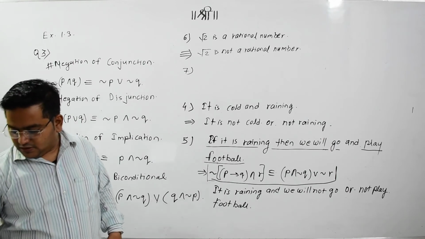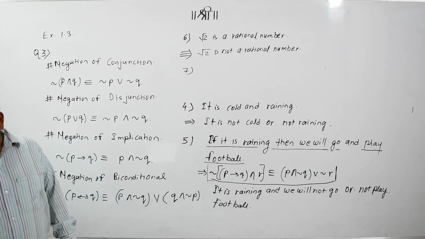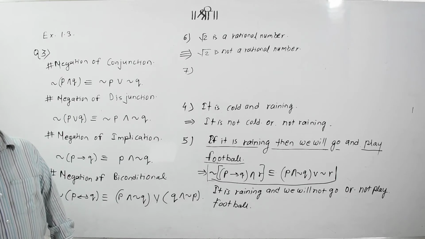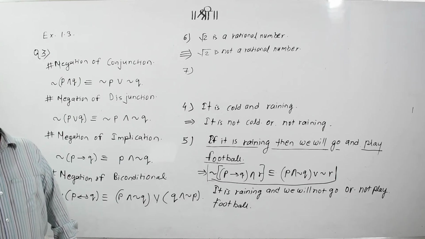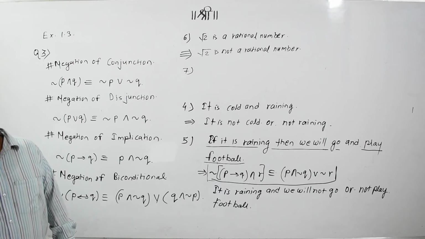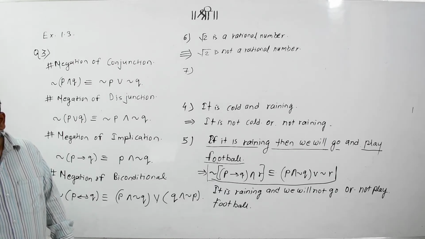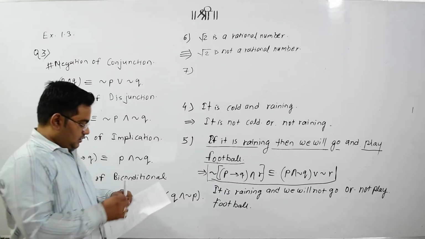Now next question. Some natural numbers are not whole numbers. What you need to do is simply put that all natural numbers are whole numbers. Now most important statement, next one. What is that?